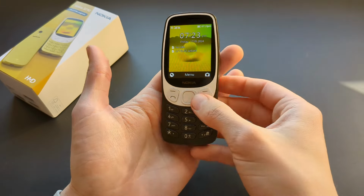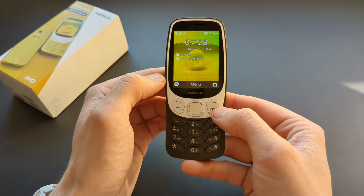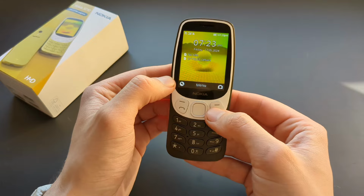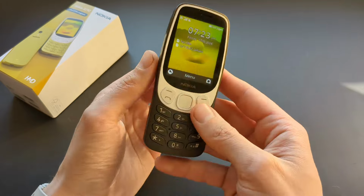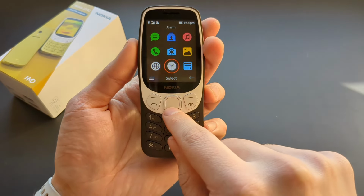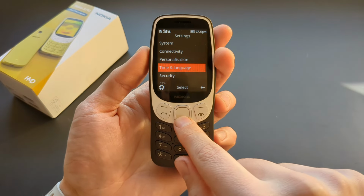Also, by default, this phone has extremely loud keypad sounds, like beep, beep, beep, beep, beep. So you can see it's extremely loud, and previously in the video I had disabled the sound as it's a very, very annoying kind. So actually to change this, we can again go to the settings, and in the settings